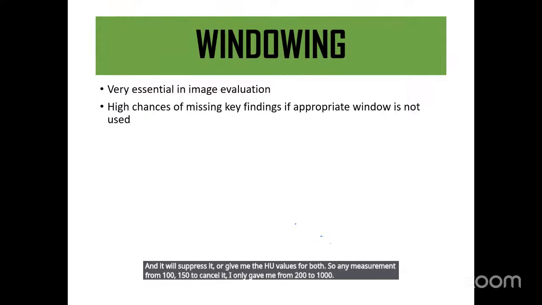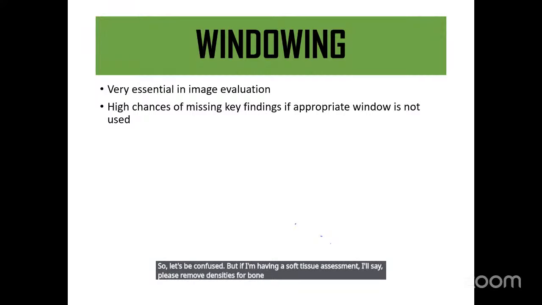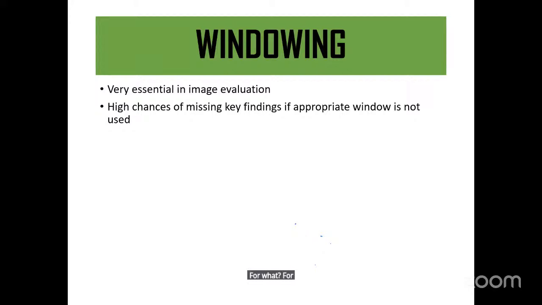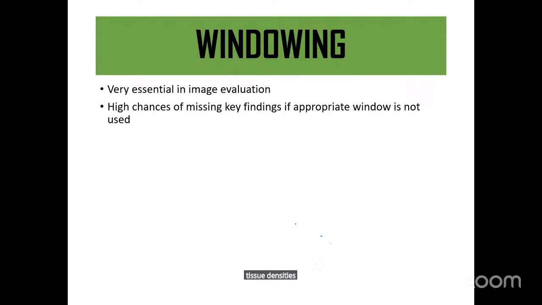So I'll be less confused. But if I'm having a soft tissue assessment, I'll say, please remove densities for bone, give me some tissue HU values. HU values for what? For muscular tissue. Are we together? And it helps also in our diagnosis. Are we together? So windowing helps in evaluation by suppressing unwanted tissue densities, allowing the ones that you want for